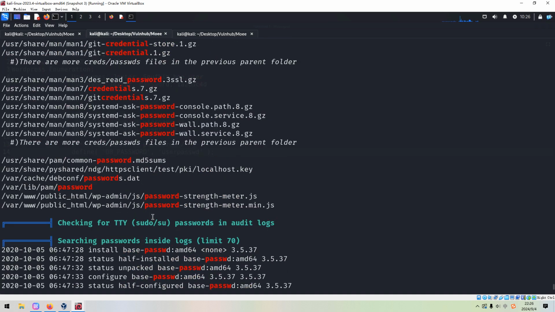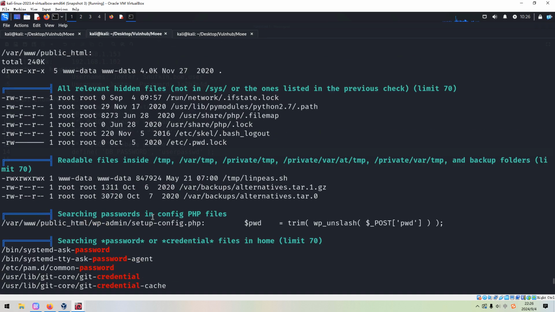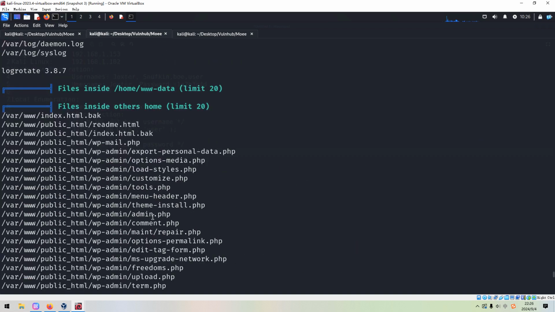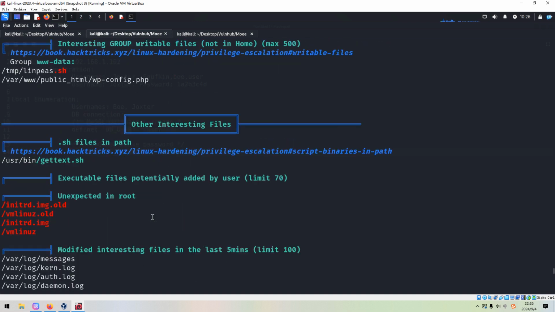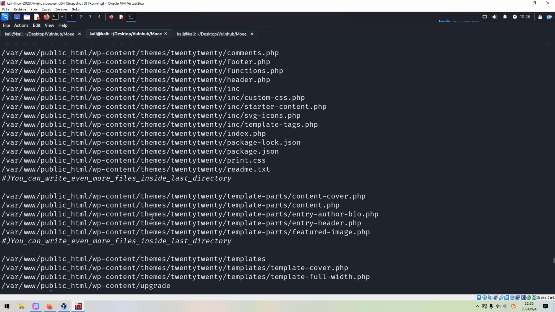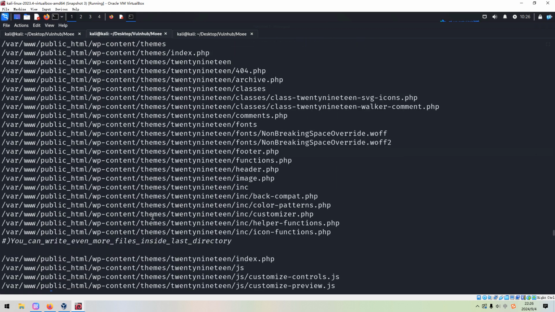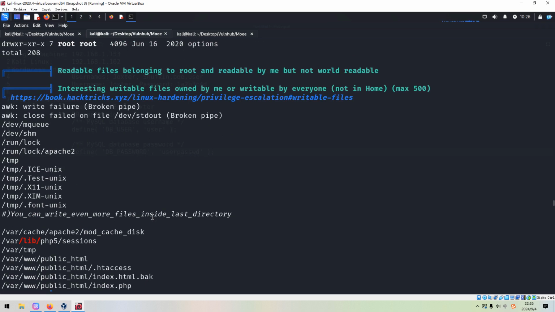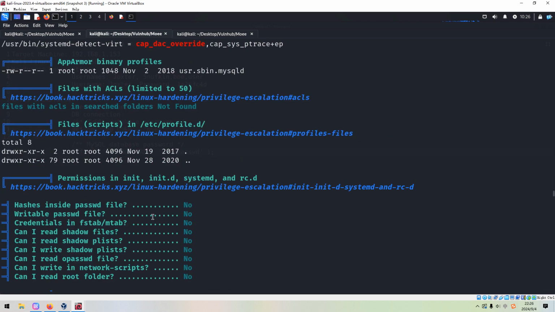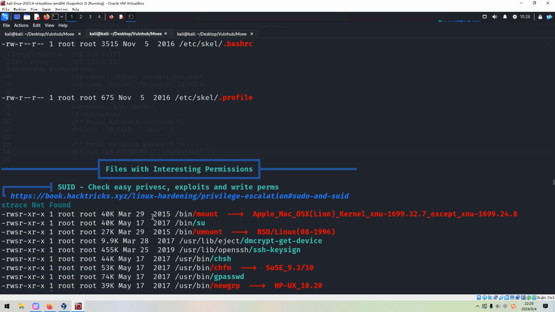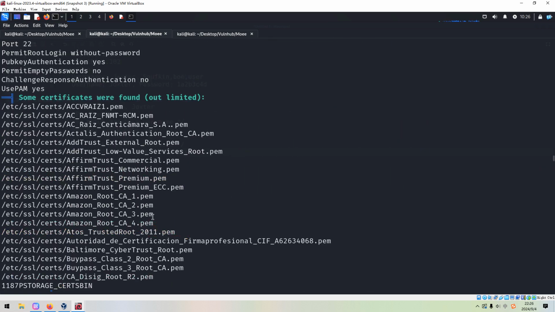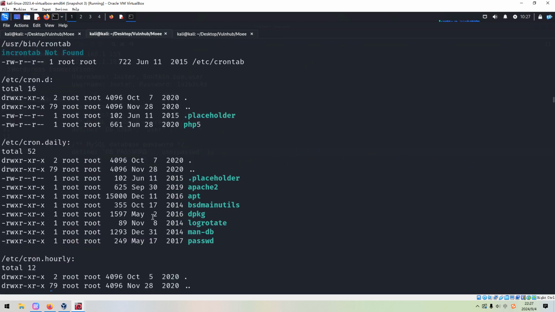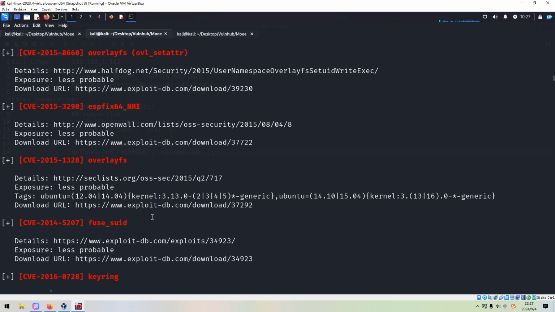And then we can scroll up to see whether we can find anything else. Cron job information, process information.